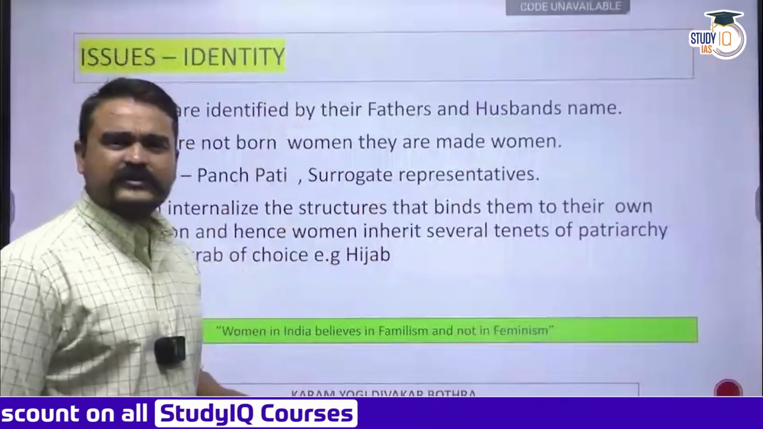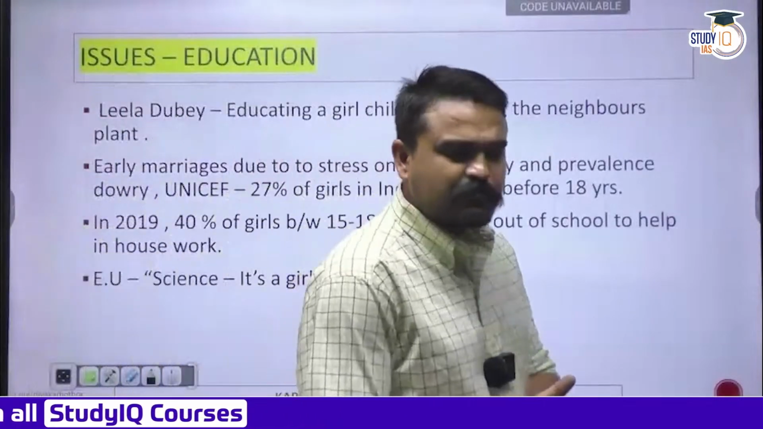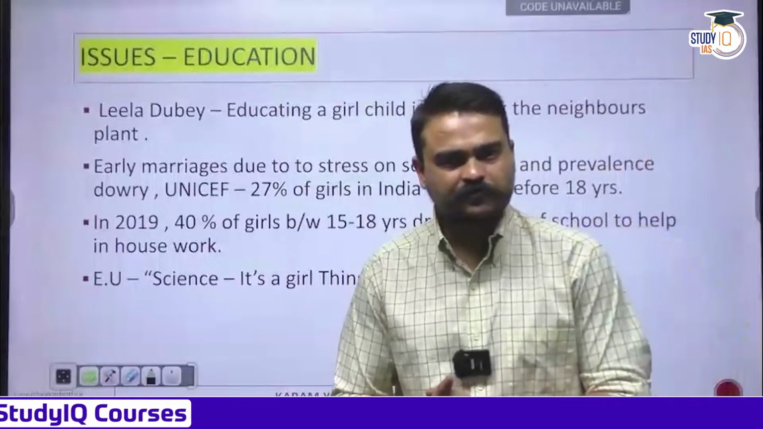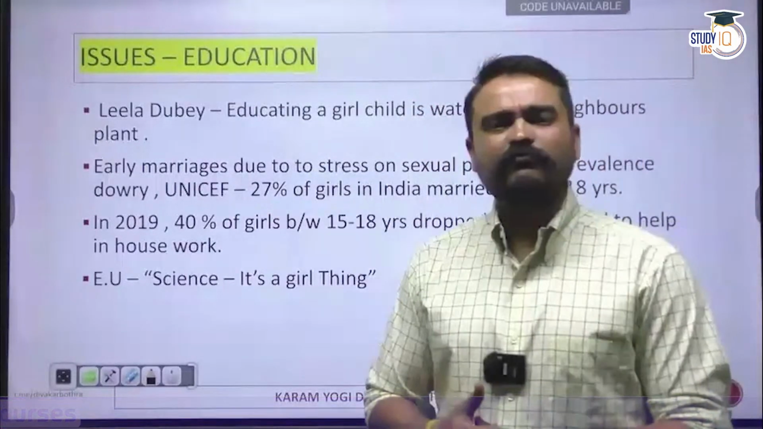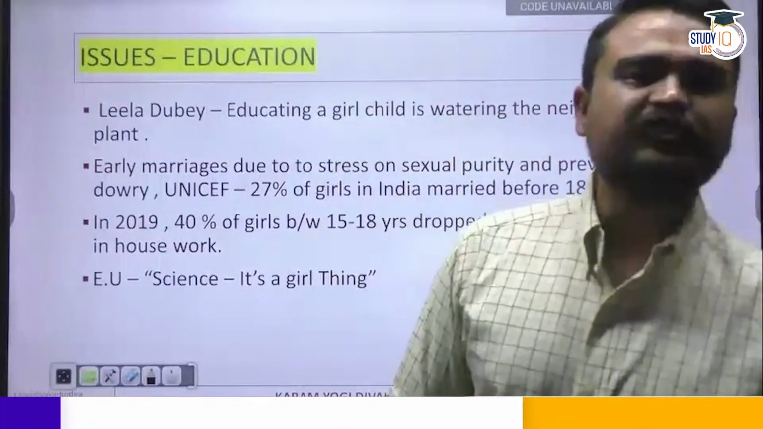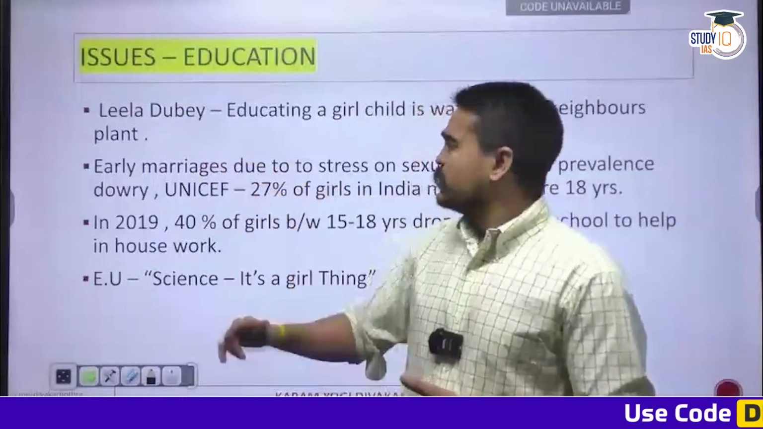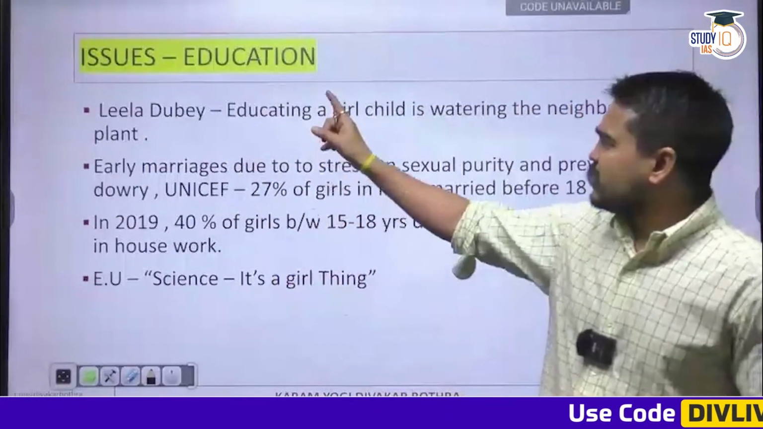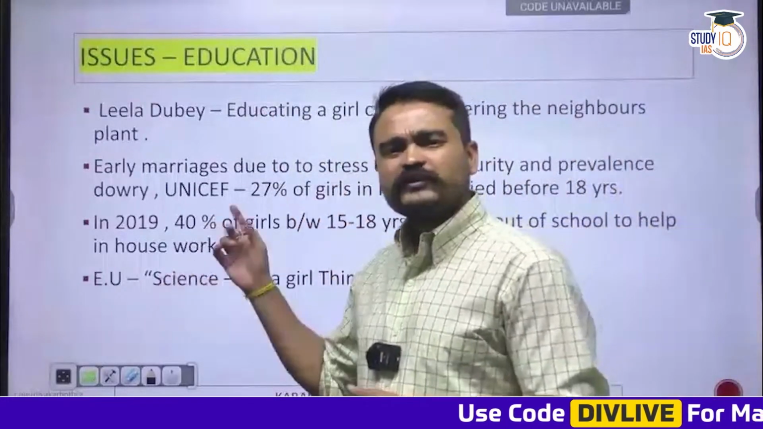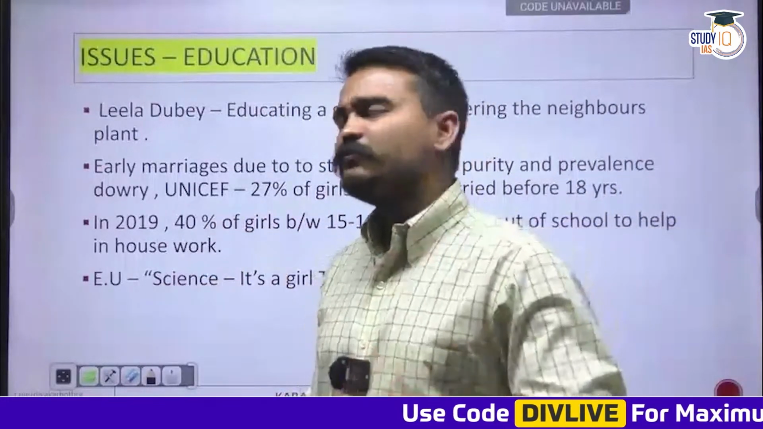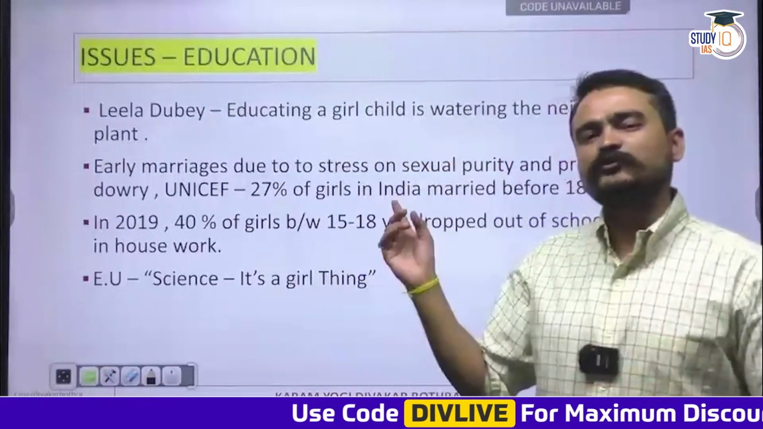So as far as identity is concerned, we have seen that the position of women is somewhat secondary. What about the aspects of education? What is the situation of women with respect to accessing education and using their respective educations? Leela Dubey has a statement where she says, educating a girl child is watering the neighbor's plant. The statement itself shows the relationship of women with respect to education in